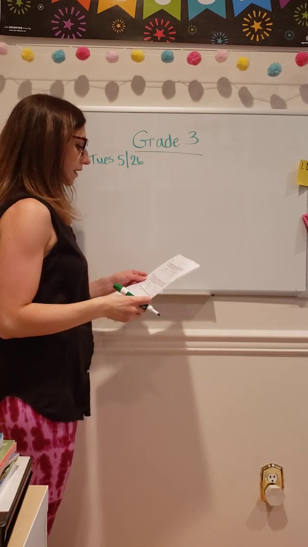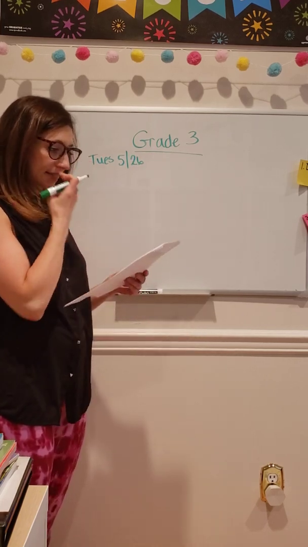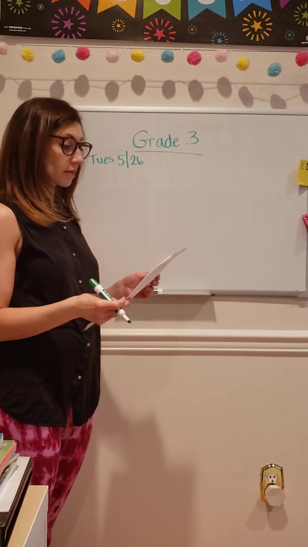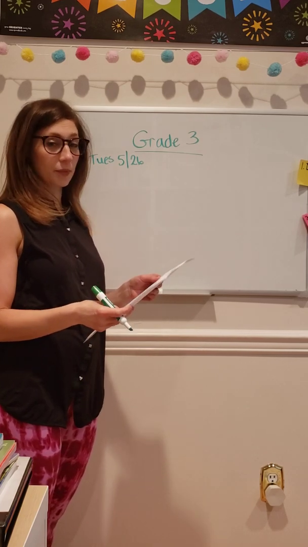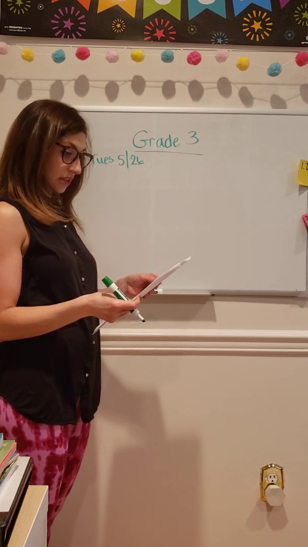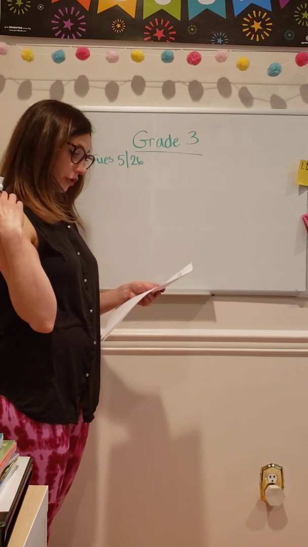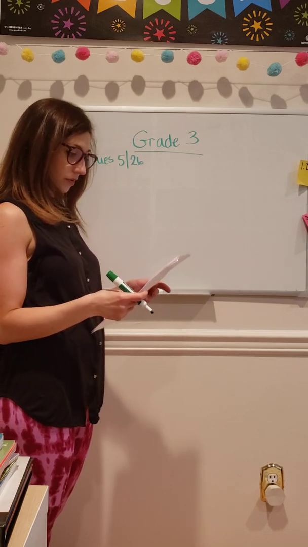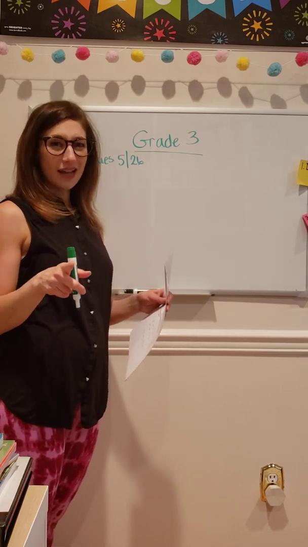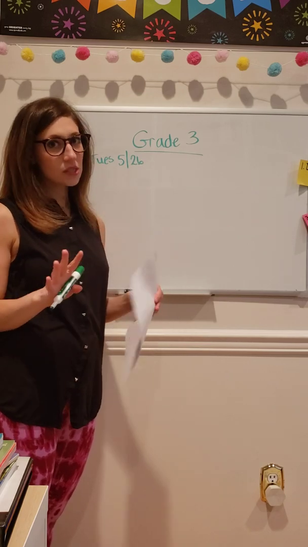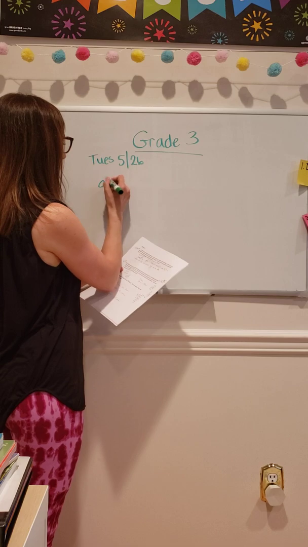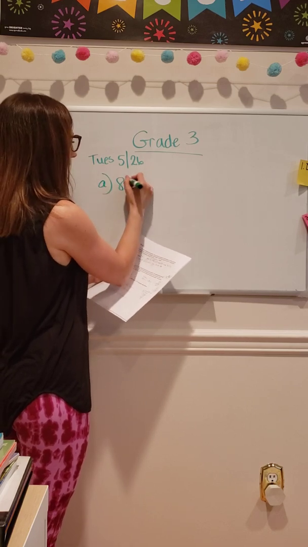The first problem says, Lucille was making fruit baskets. She could put 12 apples in each basket, or she could make smaller baskets and put 10 apples in each basket. Either way, there would be no apples left over. Of the following, Lucille could have blank apples. Now, even though we can cut apples and make different portions of apples, in this case, we're not going to do that. So we have to use the choices they gave us: 80,